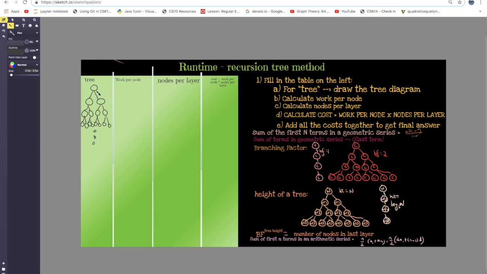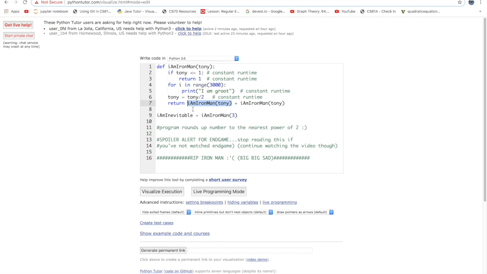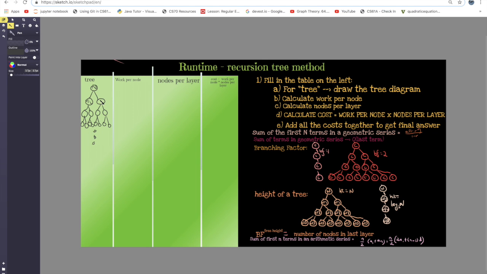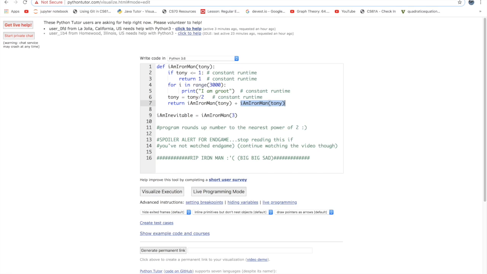So if we start off with an input of size n, we're going to get n by 2 passed to the next recursive call, and this one again is going to pass in n by 2, right? So this is again n by 2, and this is the part where n becomes n by 2,